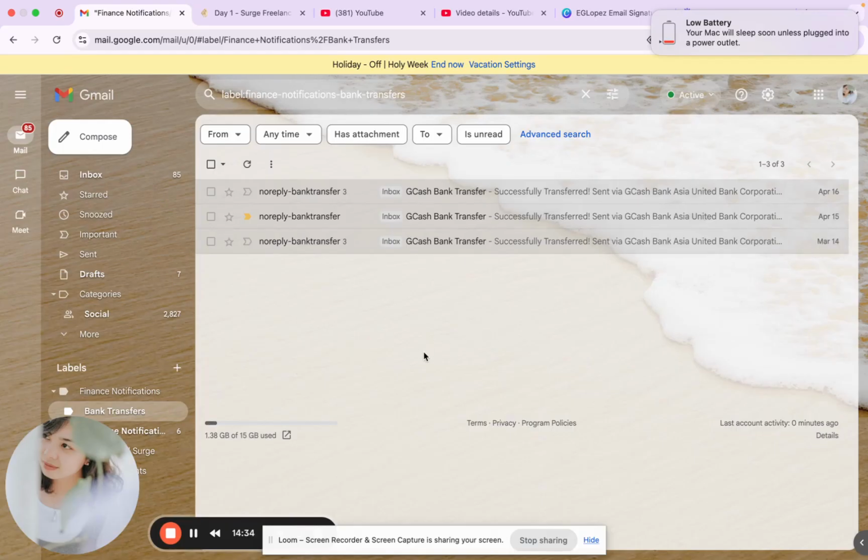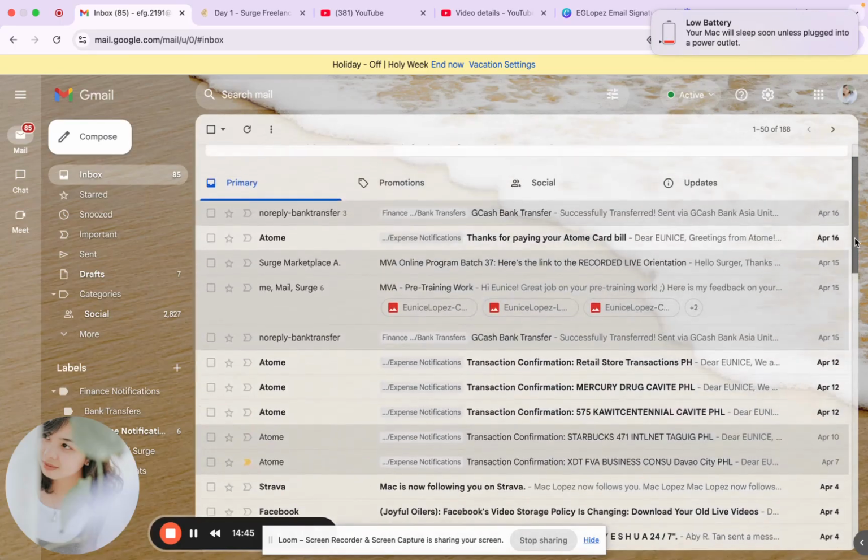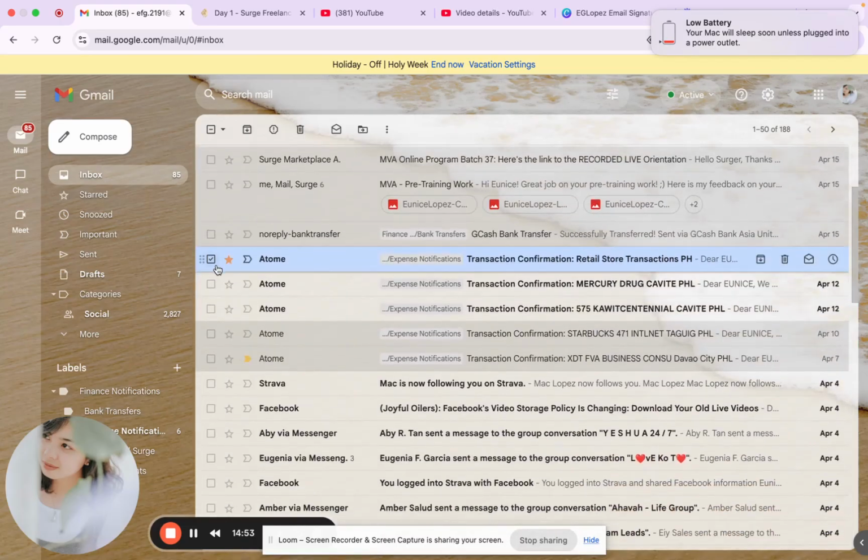Since we have already set up all the stars in the settings, let's try to make use of that. Going back to the primary section, let's say I'll be using a specific star for finance under blue.